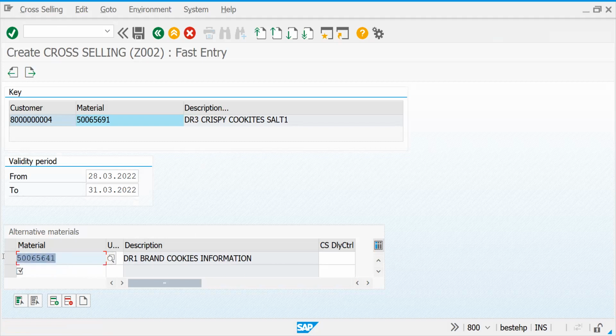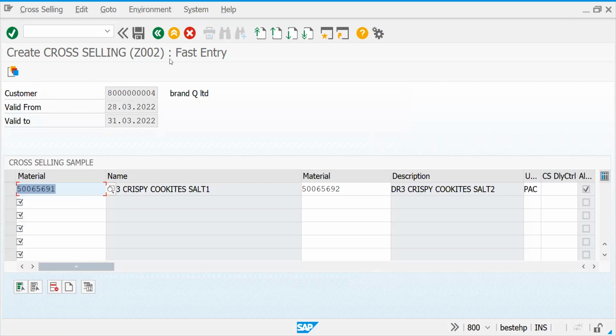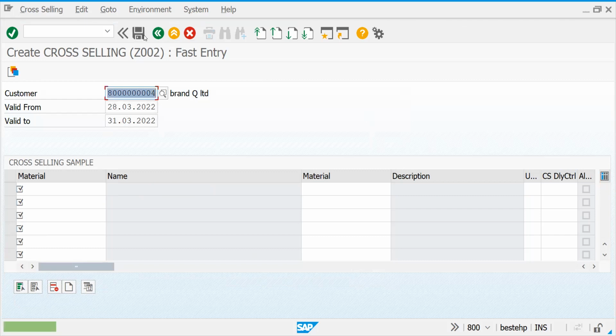Let me enter 42 also. Okay. So let's go back. Let's try to save this.